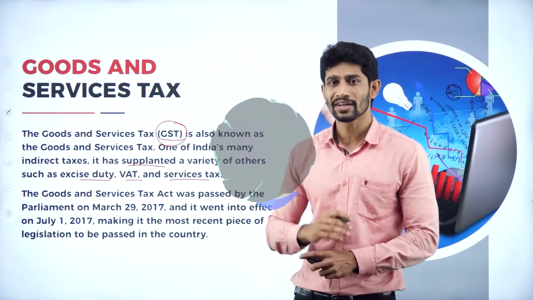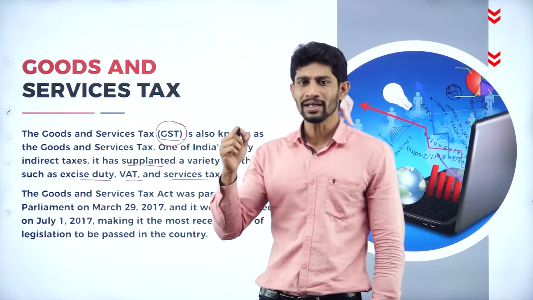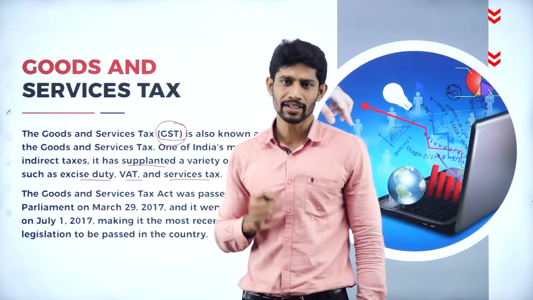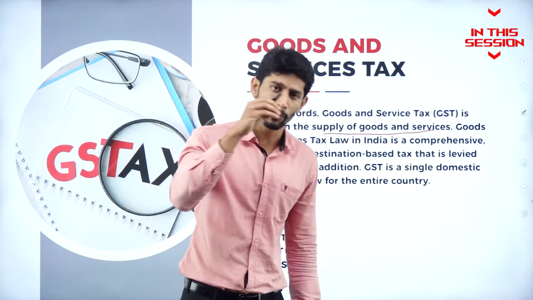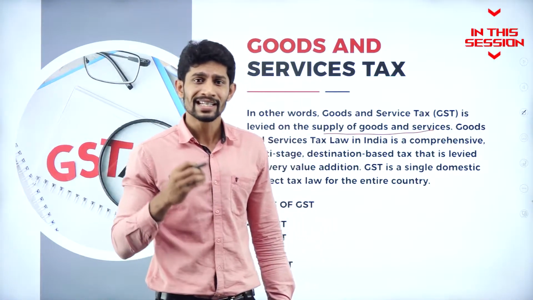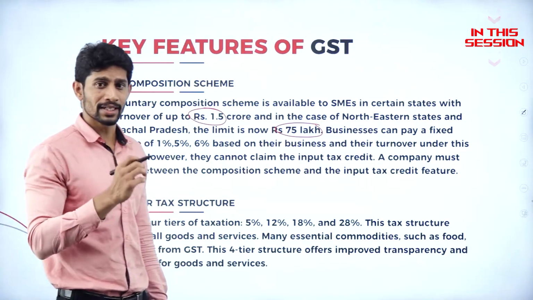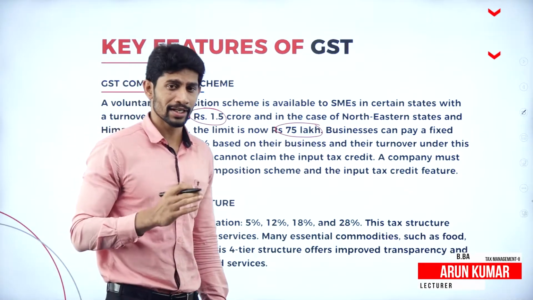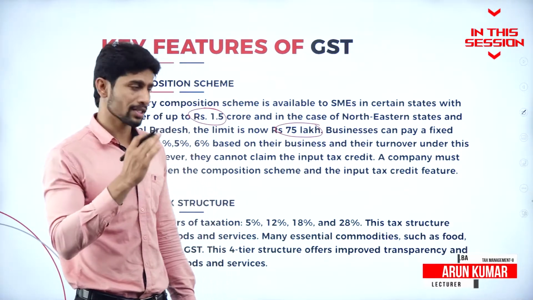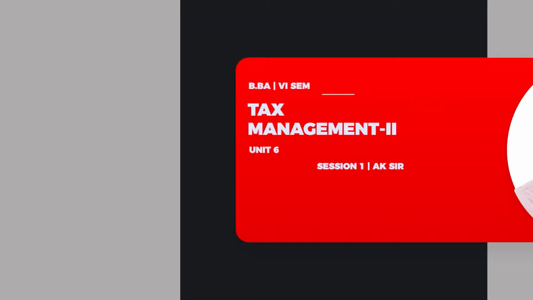It includes all different types of indirect taxes, and now it is called by one name, that is GST, that is Goods and Services Tax. Tax will be levied, the tax will be imposed on what? On supply of goods and services. If any business entities whose total turnover is less than 1.5 crore in the financial year or 75 lakhs for northeastern states, so they will be eligible for this composition scheme.